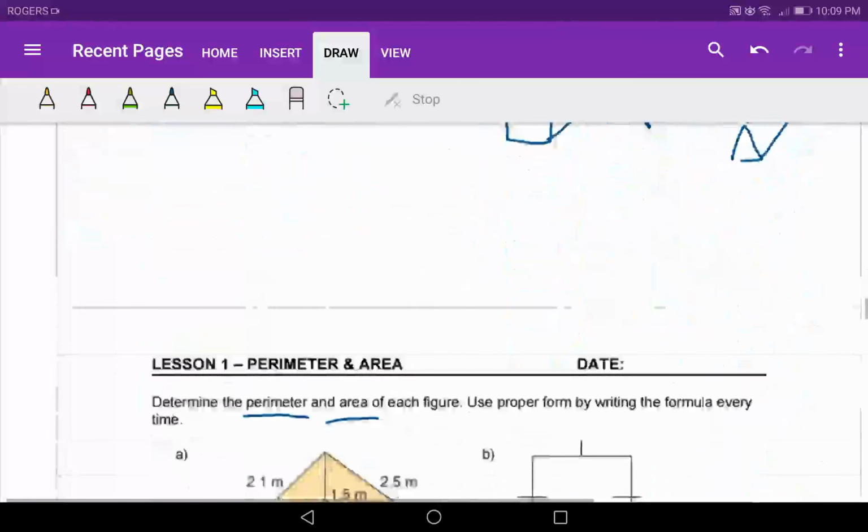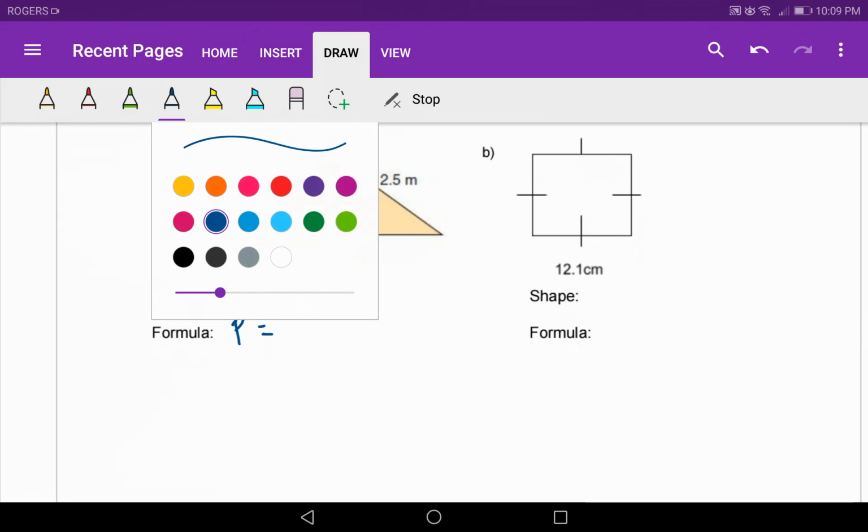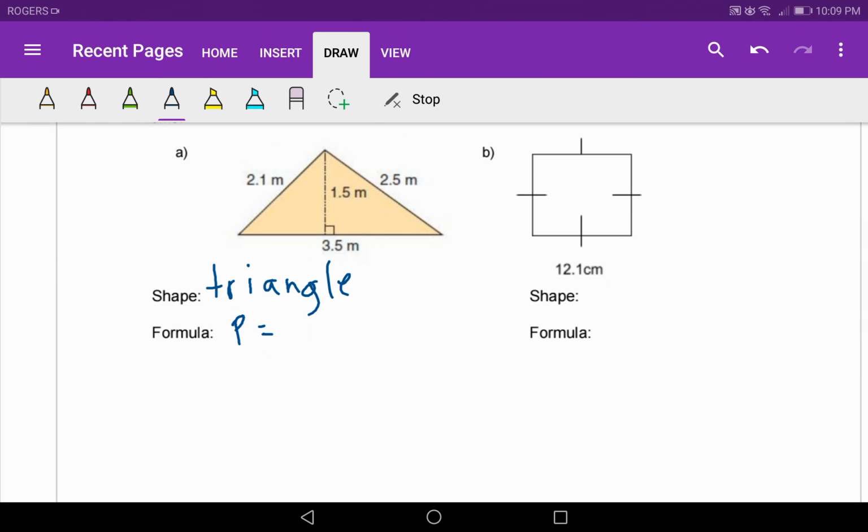Pretty straightforward. So P equals A plus B plus C, and A plus B plus C is just the length of each side. Let's just solve that right here instead of just writing the formula. Notice how I line up my equal signs. It doesn't matter what you call A, B, or C. Let me just put my B there and my C there. It doesn't matter in this case because we're just adding them together. So it's 2.1